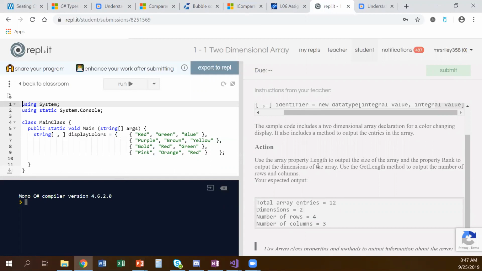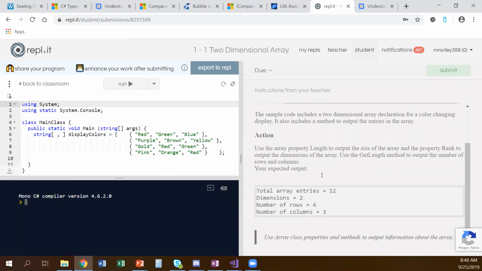they say use the array property length to output the size of the array and the property rank to output the dimensions of the array. Use the GetLength method to output the number of rows and columns. So here's your expected output. So let's just put that in. I'm going to go right here to where that array definition ends. Put in some code. So I should just be able to Console.WriteLine total array entries equal